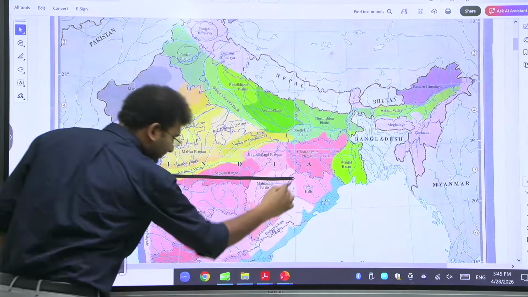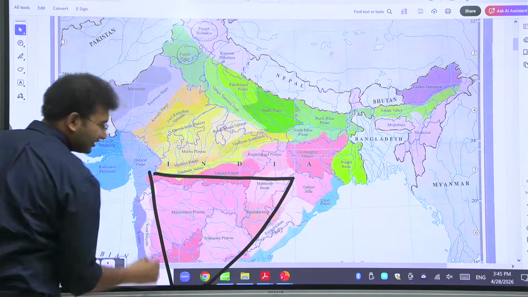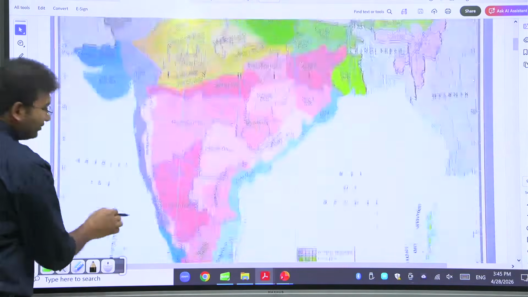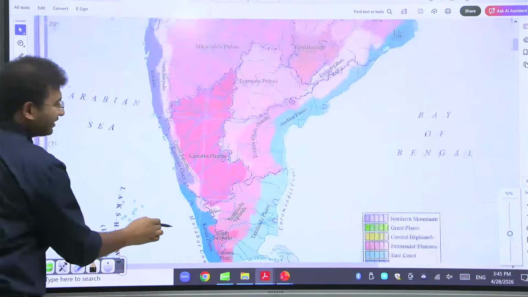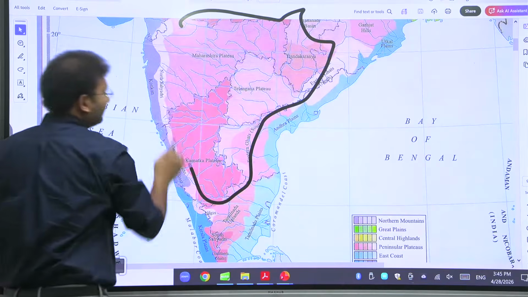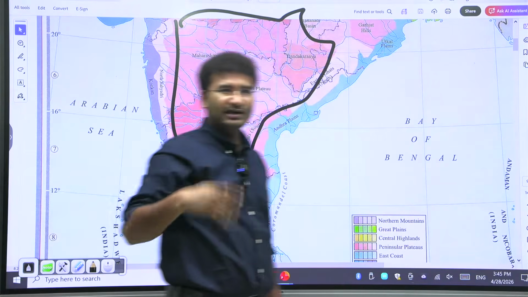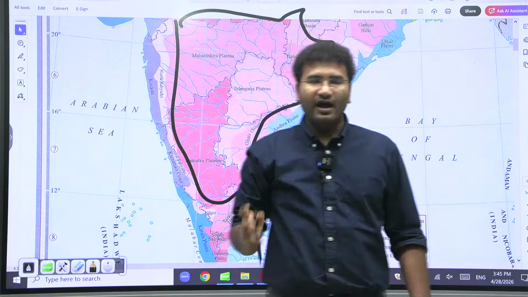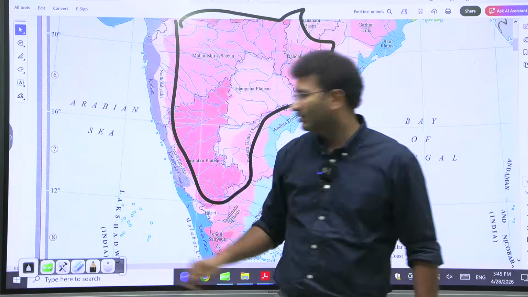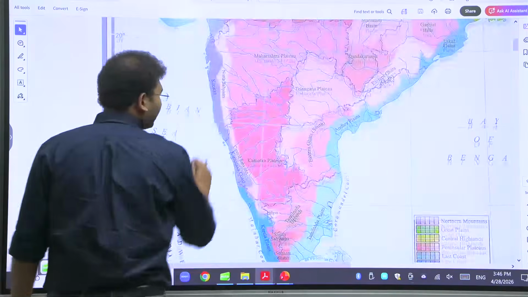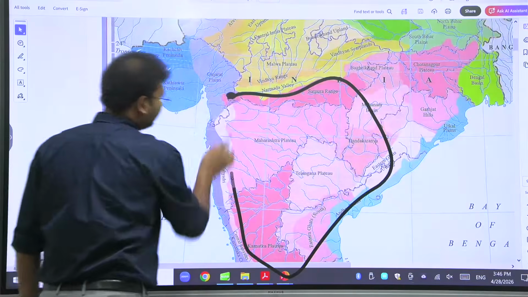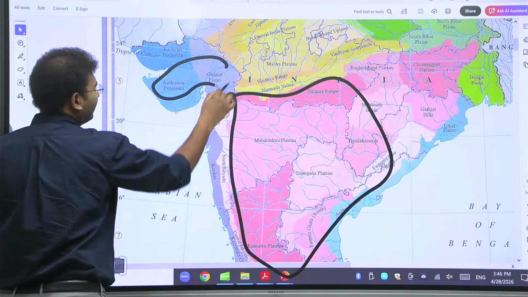So here, this Deccan Plateau is a combination of the Maharashtra Plateau and the Telangana Plateau. You come a little south, Karnataka is the Karnataka Plateau. So this is your Deccan Plateau. See, this Deccan Plateau is formed because of the volcanism, right? And the volcanism was so extreme in the first episode that the hotspot entered in India from here. So it flowed in this part of the area, and also it entered into this part of the area.